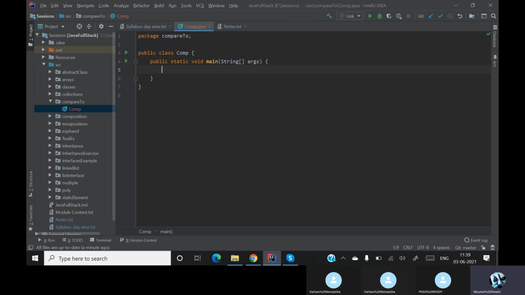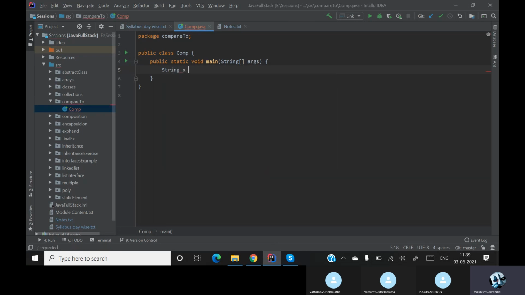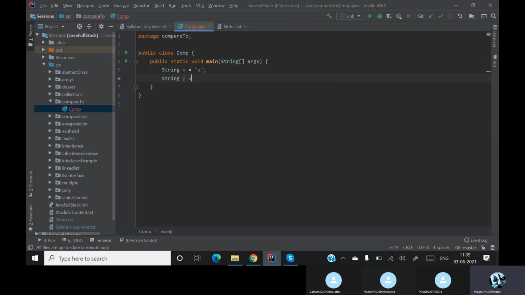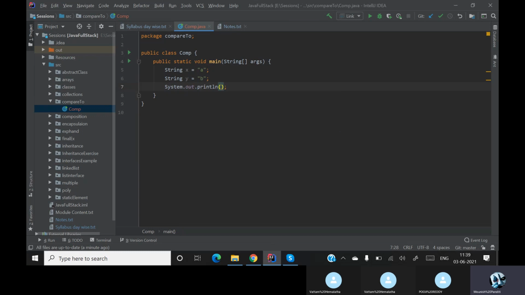So how is it comparing? The question is very simple. Let me take two strings. String x equal to a, string y equal to b. What I want to do here is compare these two.